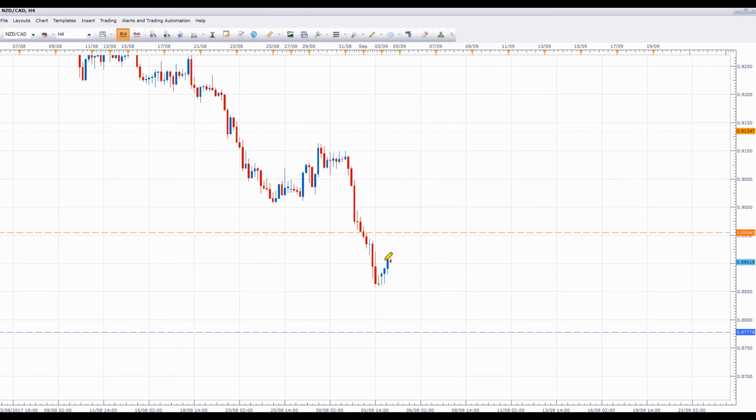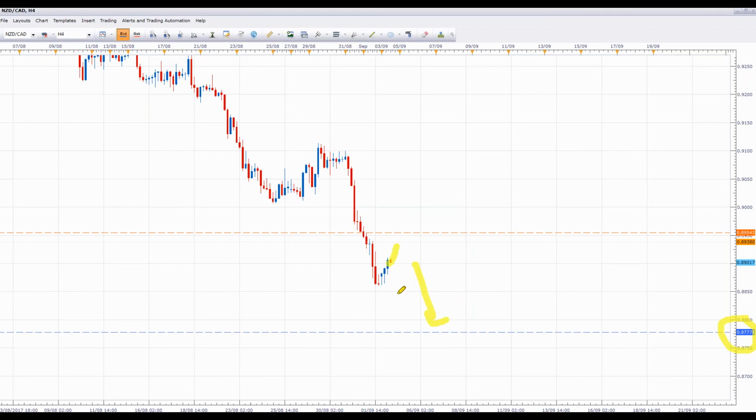Certainly if we start to get an ABC pattern or corrective pattern up into this area, then that is going to give us even more confidence. But either way, even if we don't pull back to this, say we start to get a little bit of a breakout to the downside, we are looking for some shorts to be placed in New Zealand CAD this week. We're looking down towards the target of 0.8777. So the more this pulls back, the better the opportunity we have to the target.